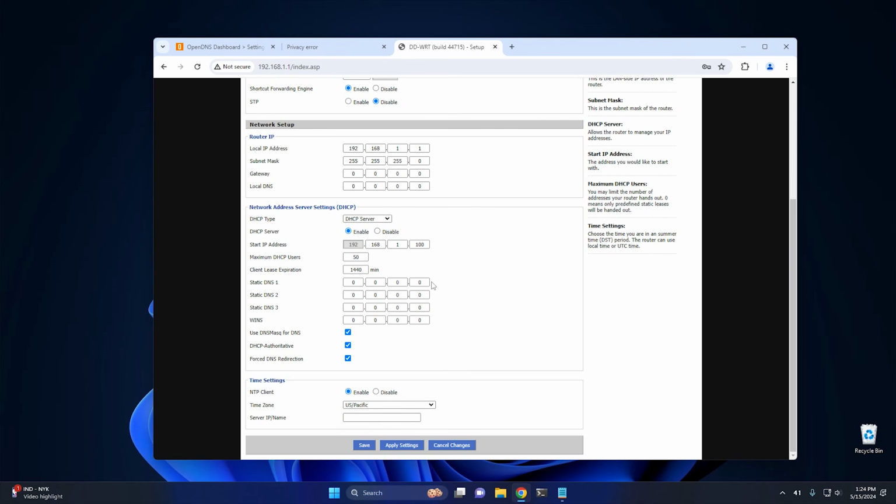That means it's not gonna use any custom DNS settings. It's just gonna use whatever your ISP provides. Now, that's what we wanna avoid. So what we wanna do is we wanna go to 208.67.222.222, and then we wanna go to our alternative, or our secondary is gonna be